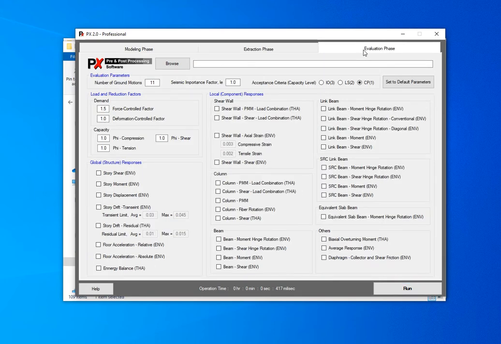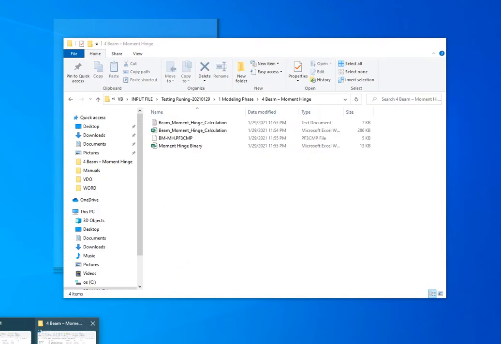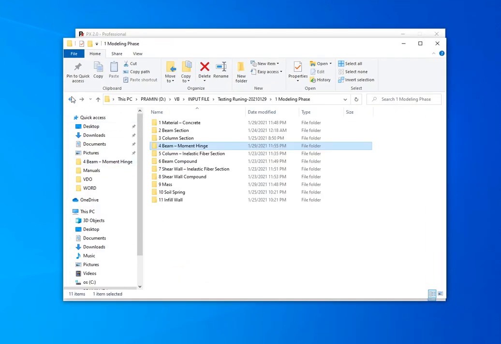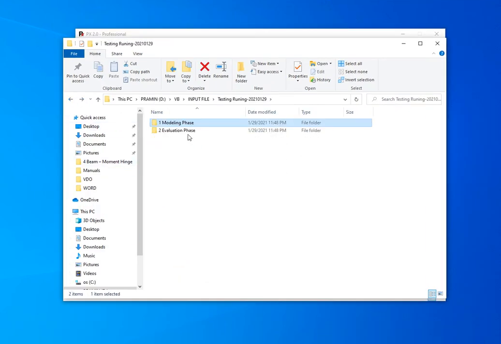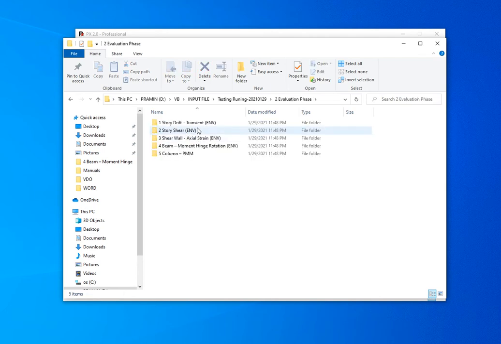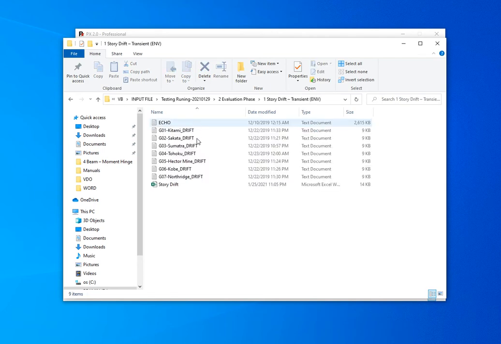The last one will be a task in the evaluation phase. We will show you the story drift transient option. To use this one, you need to prepare the input information. We move to evaluation phase, story drift transient.